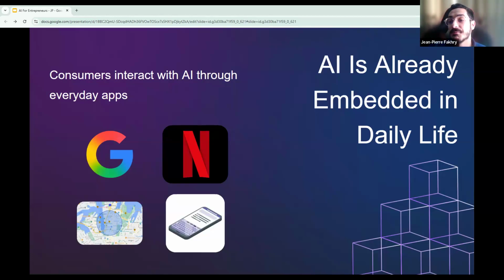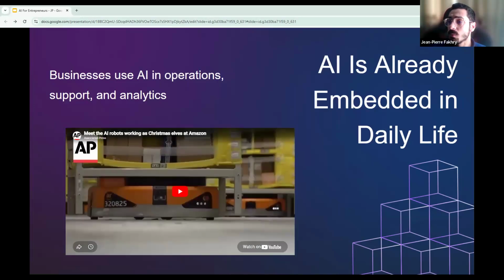All right. So the point here is not to impress you with examples that you already know. The point is this: your future customers have already been trained by these apps to expect an intelligent, personalized, frictionless experience. So if your product feels dumb, slow, or generic compared to what people use on their phones every day, they will not adopt it, no matter how much it could theoretically help them. So you really need to be different, in some ways.